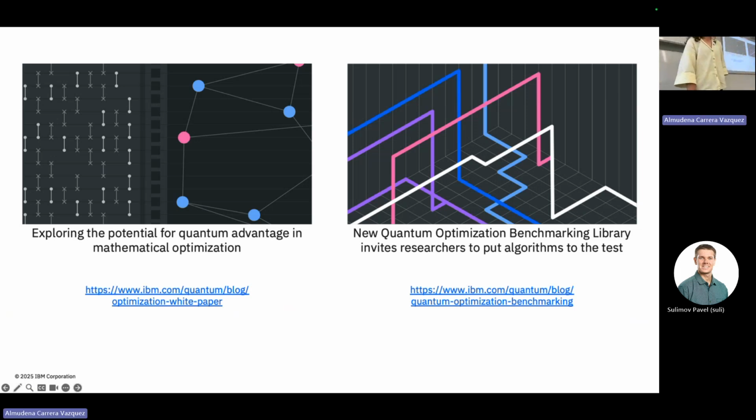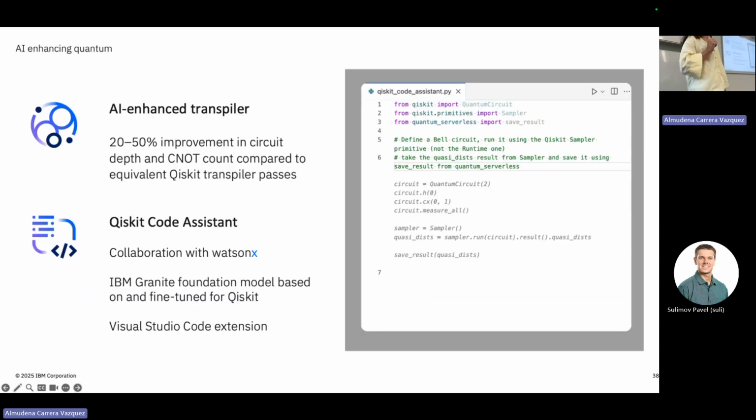And now, to finalize, since this was AI weeks and I didn't say anything about AI, how are we using AI for quantum at the moment? For transpiling circuits in Qiskit. If you want to run a circuit, you need to map it to some connectivity map. There are classical algorithms to do so, but how to do it optimally is actually an NP-hard problem. So now we are using AI to try to enhance the transpilation and optimize gates that could potentially be canceled out. And there is also some code assistance.